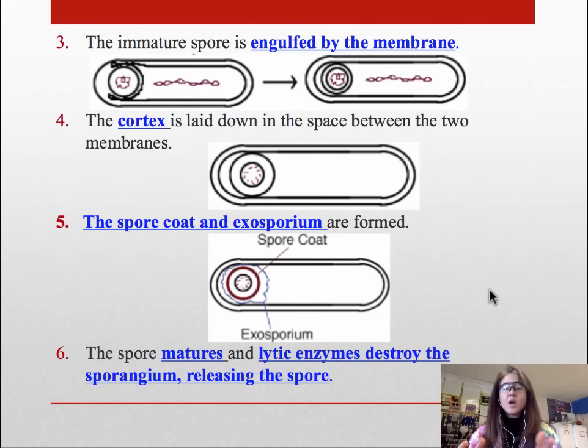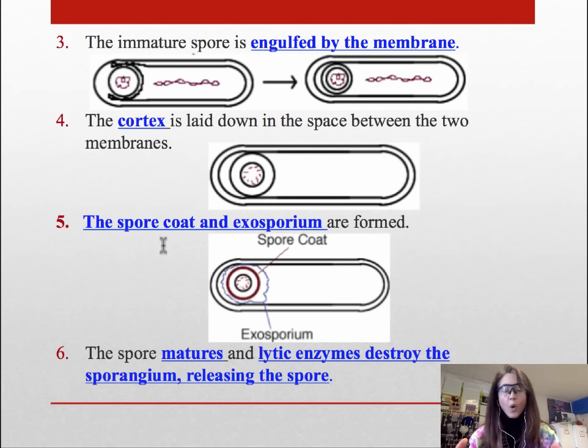The membrane that exists around the original copy of the genome now reaches out and re-engulfs the endospore again. This is going to lay down yet another layer, and between those two layers, peptidoglycan will be synthesized, and that will create this very thick, very protective cortex. The spore coat can then be made and enriched with its keratin, and then finally the exosporium is formed, and